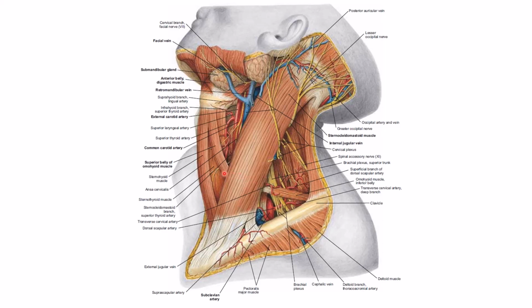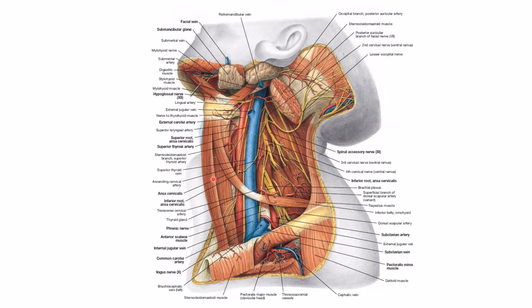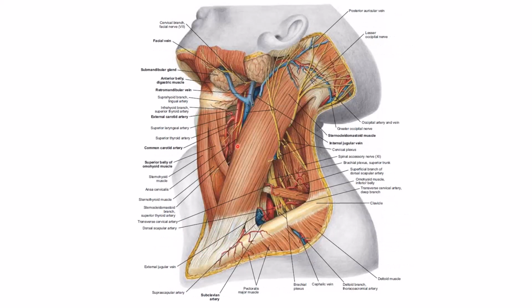This is the sternohyoid muscle, just medial to the omohyoid, and below them, this is the sternothyroid muscle. Yes, this is the sternothyroid muscle. Okay, the thyrohyoid we cannot see here in this diagram, but we will see it in the next few slides